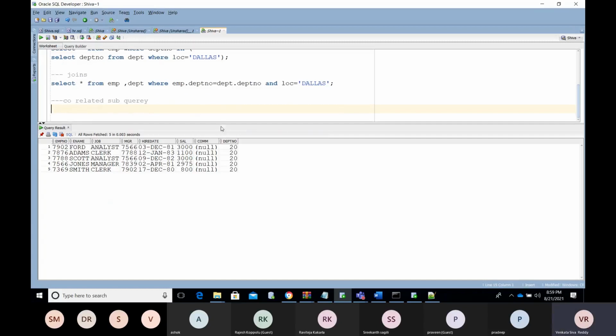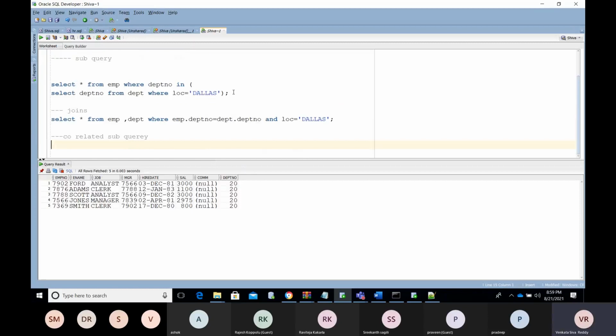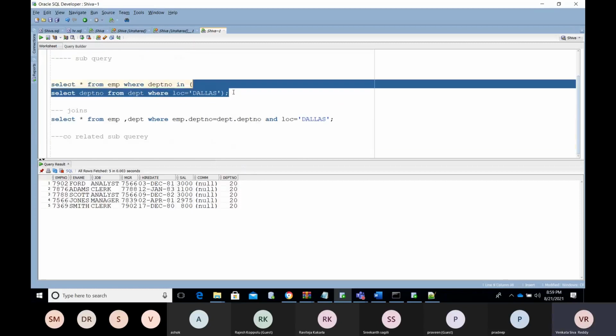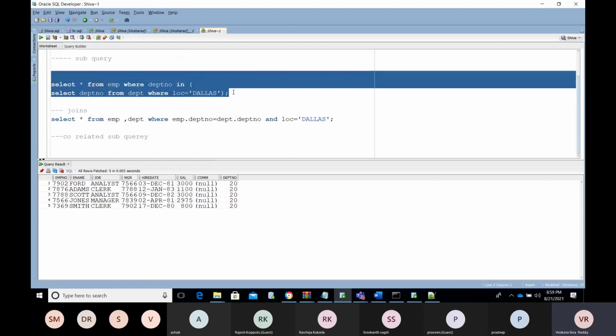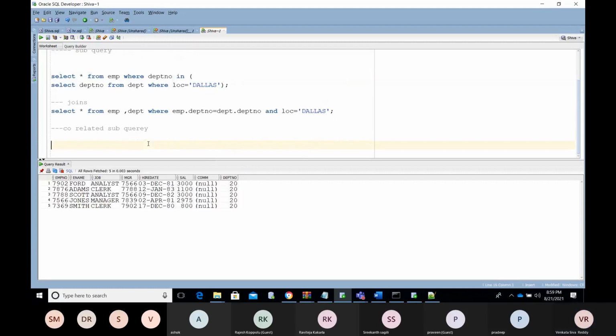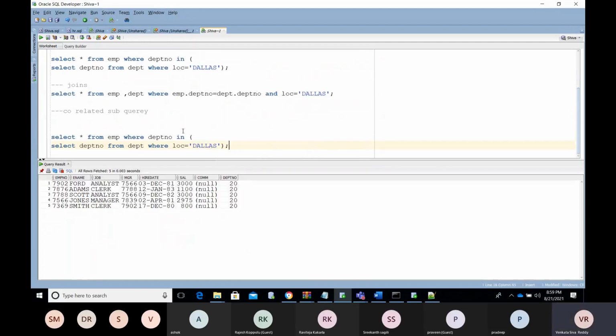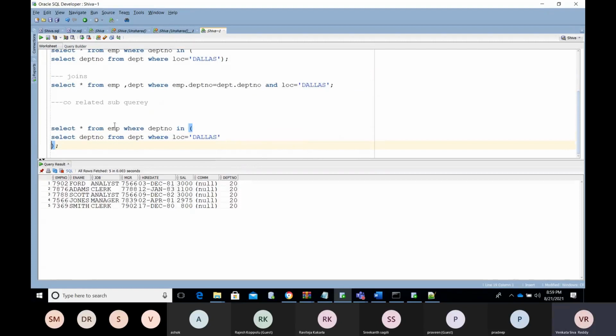Okay, so as I mentioned, if you maintain the relation between the inner query and the outer query, we call it a correlated subquery. Suppose the tables do not have a parent and child relation.